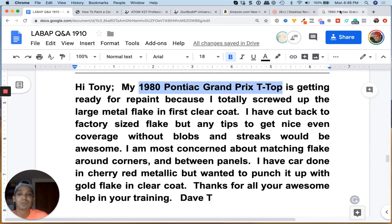Okay, so here are some tricks you could use to help the flake lay in and bury in. If you're doing jumbo flake, I would have the whole panel prepped up, ready for your flake, but instead of using a carrier, which is a clear base coat, like a PPG DBC,